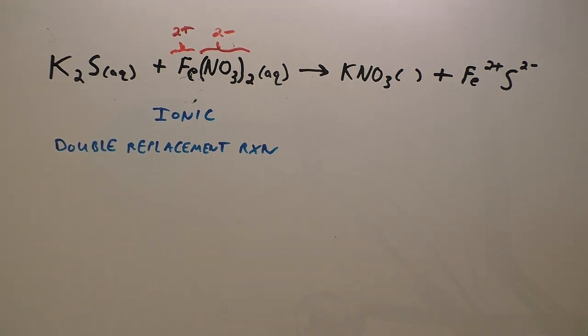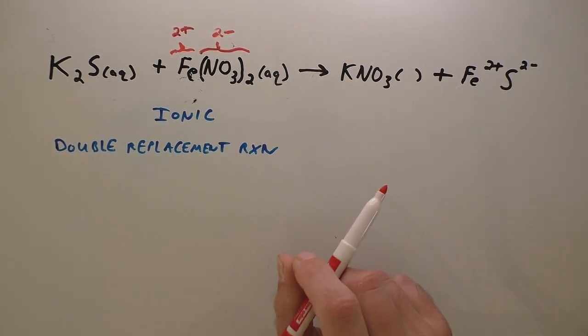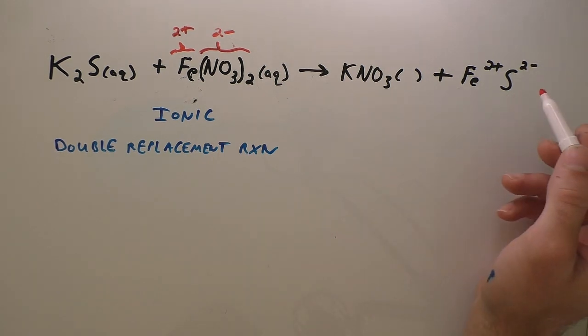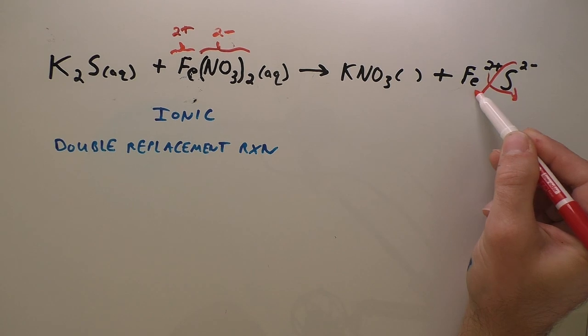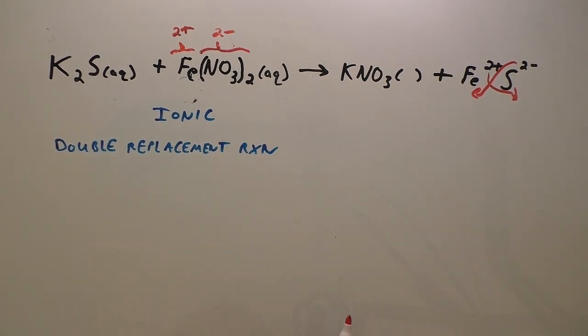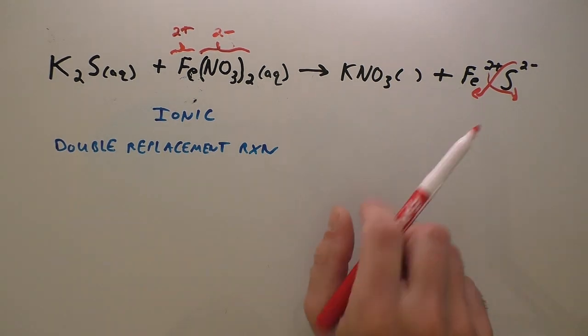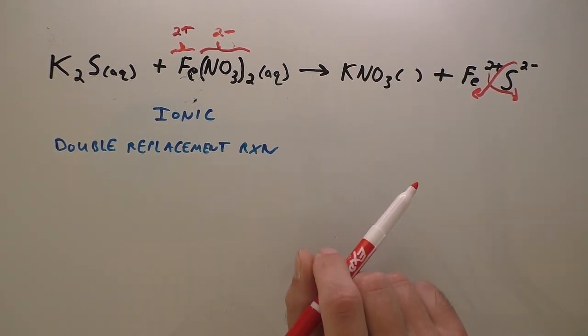So again, to write the chemical formula, we're going to understand that the chemical formula is the smallest electrically neutral collection of cations and anions. So if we use the crossover technique here, this becomes a 2 and that becomes a 2, we'll end up with Fe2S2. But again, it's the smallest electrically neutral collection. So anytime you use that crossover technique and that formula can be simplified down,